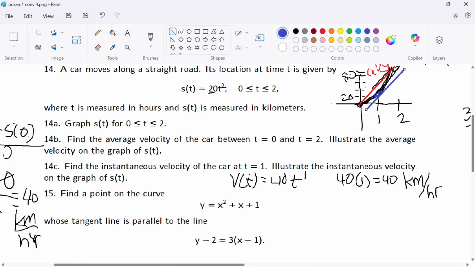Just to keep it safe, I'm going to put it not on the y-axis, because I don't want to put a wrong value. Maybe I've not drawn this accurately and it's going to intersect in the wrong place. Find the instantaneous velocity, illustrate the instantaneous velocity. So this is the instantaneous